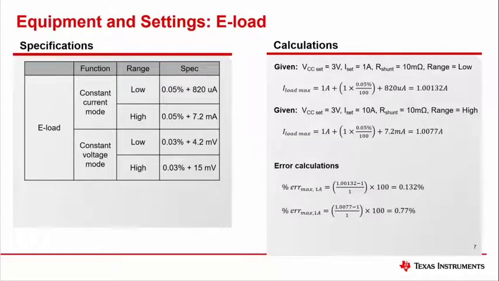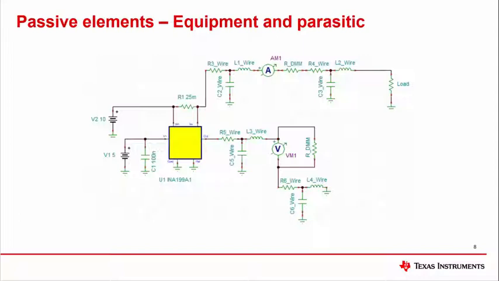If 1 amp is programmed and the range is moved to high, the E-load can contribute 0.77% error in our measurement, which would cause us to question the INA190's measurement and possibly call it a defective part, depending on system configurations. When trying to measure various parameters of a circuit, unwanted loading can cause unforeseen errors. When connecting anything to a circuit, parasitic elements will be present, causing unwanted effects. Although this is impossible to completely remove, paying attention to the parasitic elements introduced when measuring parameters of a circuit can help reduce their effects.